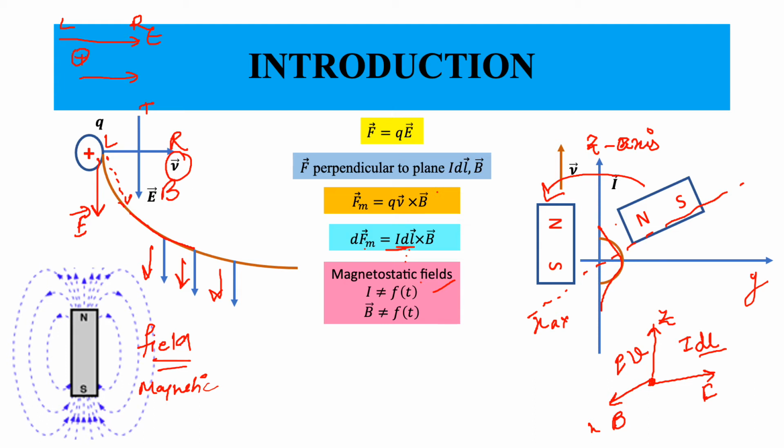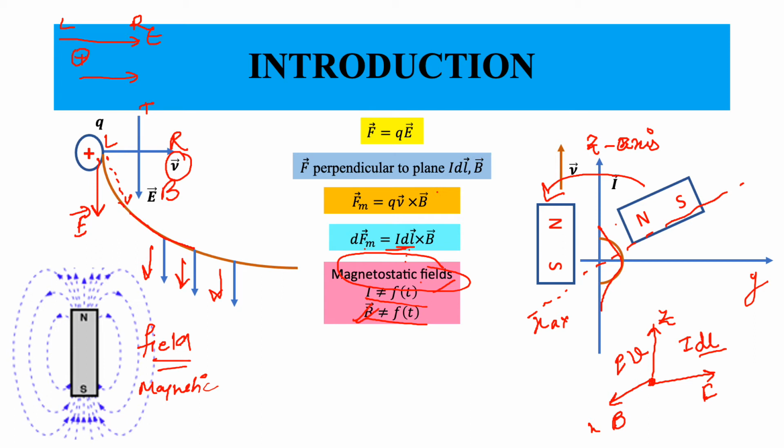However, it turns out these currents are capable of generating a field of their own. This field will not change with respect to time as long as the current is not changing with respect to time, and these fields are called magnetostatic fields. The staticness is only in terms of the fact that the magnetic field will not change with time. The current is also not changing with time, but to form that current, the charges are actually in motion.